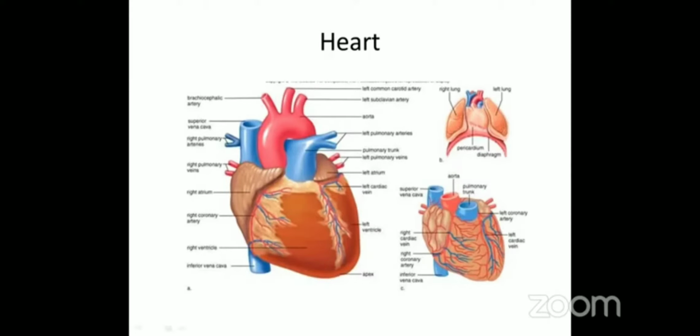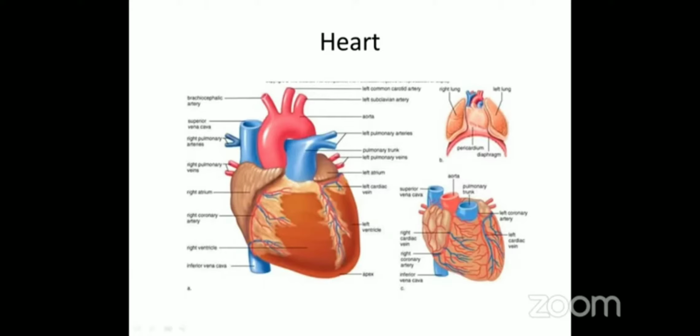What you can see here right now is the sternocostal surface, which is related with the sternum and the ribs. The lower portion here, which is related with the diaphragm, is the inferior or diaphragmatic surface, and this is the apex. Exactly opposite to the apex, hidden posteriorly, is the posterior surface or the base. This is the upper border from where the major vessels are emerging, and there is a right border, or you can say right surface, and the left one.